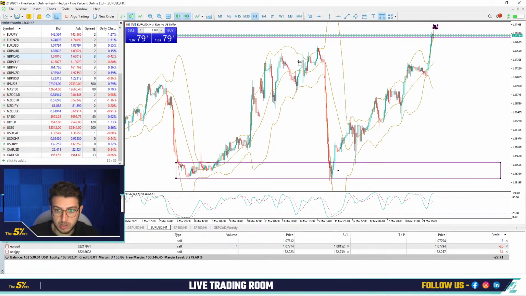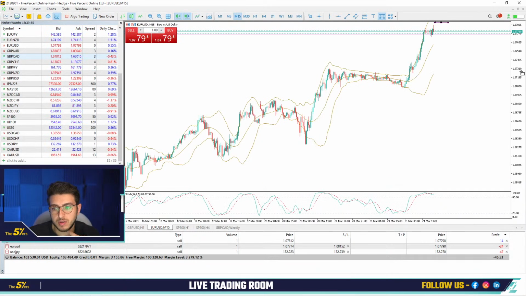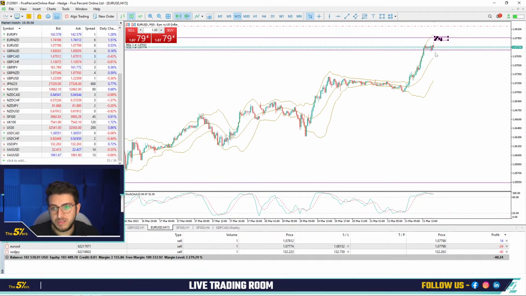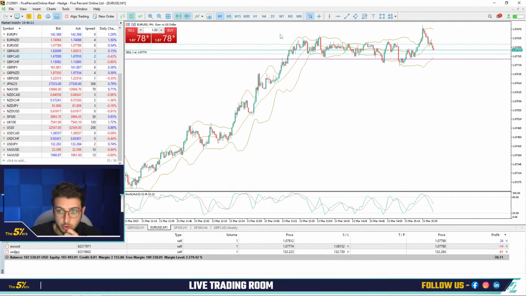For example, I'll just take this example here. If someone opens a sell and puts the stop loss just here with a 5% loss, it means the lot size allocation was not correct. You need to give some space for the price to move. So don't use the full leverage all the time. It depends on the type of entry you take. But the main important thing is the risk management, no matter with the 5ers or with your own personal account.